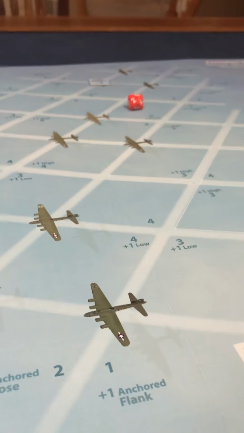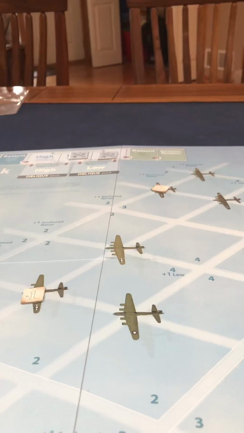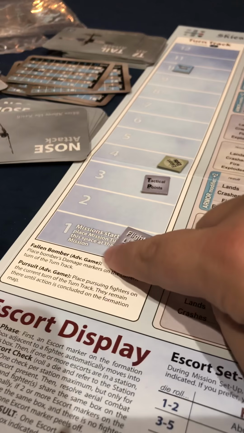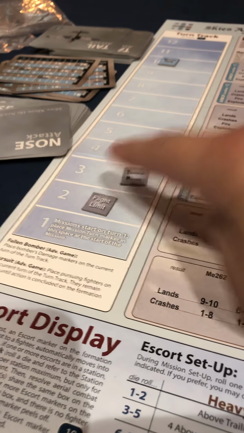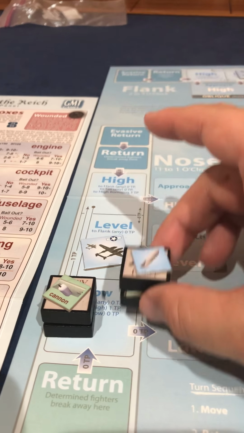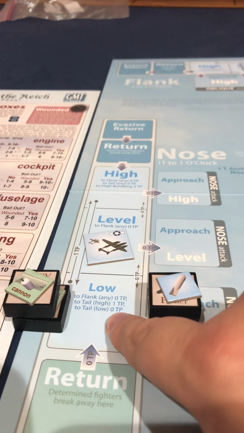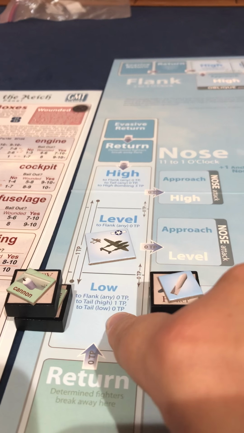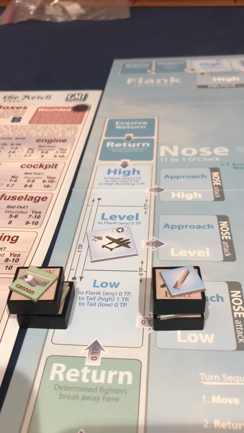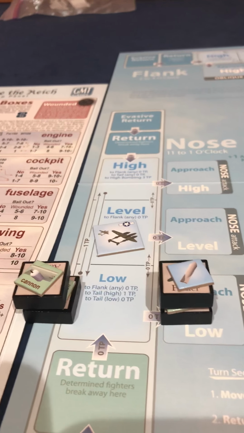All right, so that is the end of the first round. I do have markers on the board, but the elements, there's not enough to roll for cohesion, and so we move to turn 2. In turn 2, my plan was I was going to go to mid, so they screwed up my plan. So now it says I can go to tail low for 0 or flank any for 0. So I'm thinking